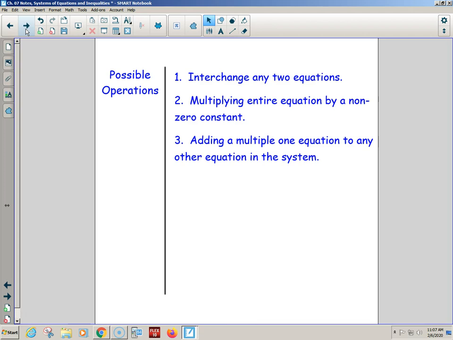Now, those of you that are like, I like matrices, good, but I hope you mean not just the calculator kind, but also the by hand kind. In Chapter 7, since Chapter 7 is about systems of equations, and since matrices are one way of solving systems of equations,